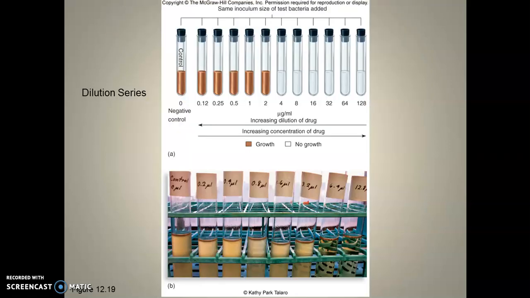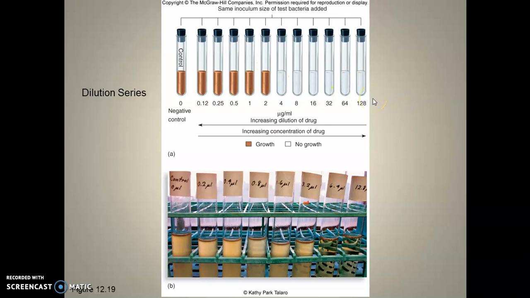Another way we can do this is by a dilution series. So a dilution series is when we have just a bunch of tubes with broth in them, media, right? And we put bacteria into all of them. And then into the tubes, we add a high concentration of the drug on one end. And then we dilute. We take a little bit out and we put it in here, and then a little bit out of that one and put it in here. So we're diluting the amount of drug that's in each one of these samples down,